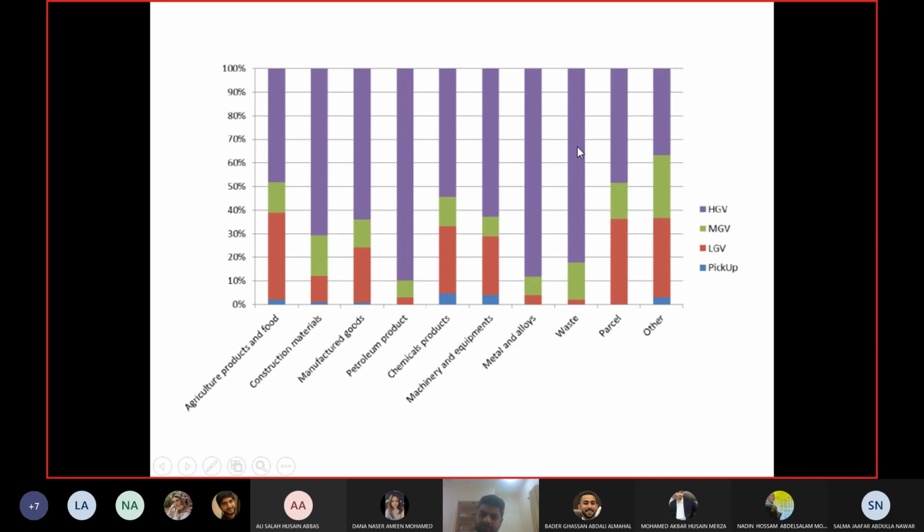Okay, waste is mainly done by large trucks, metal alloys mainly by large trucks, and so on. Okay, so for most of the goods you can see there's a larger percentage which is going by very large trucks. Okay, for agricultural products, the share of the large trucks is less.